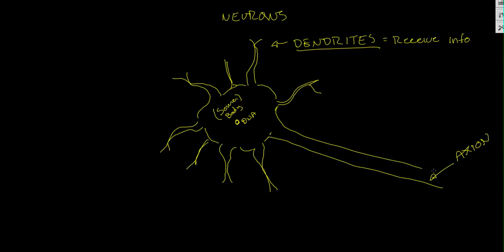And I know in the previous video I was kind of drawing them like this, but you will see why. So we have the axon, which is where information gets sent out. And then surrounding the axon, I'll change colors here, we have